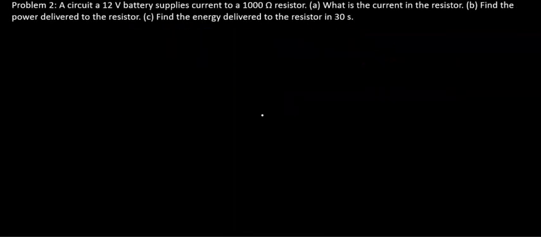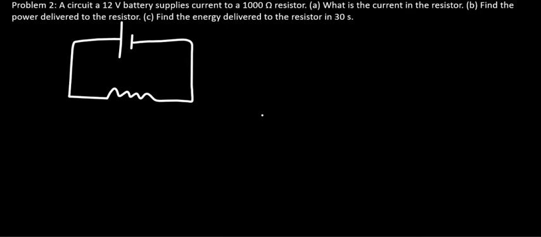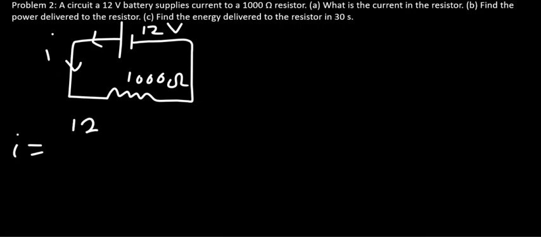Problem 2. A circuit with a 12-volt battery supplies current to a 1000 ohm resistor. What is the current in the resistor? And find the power delivered to the resistor and the energy delivered to the resistor in 30 seconds. Since that is just one battery and one resistor, the circuit is very simple. So this is a 1000 ohm resistor, and this is a battery with EMF 12 volts. So the current I in that direction is quite simply the 12 volts divided by 1000 ohms, and that's going to be